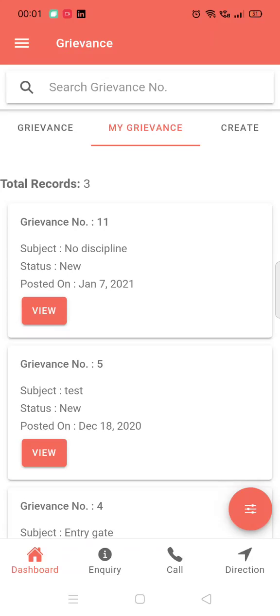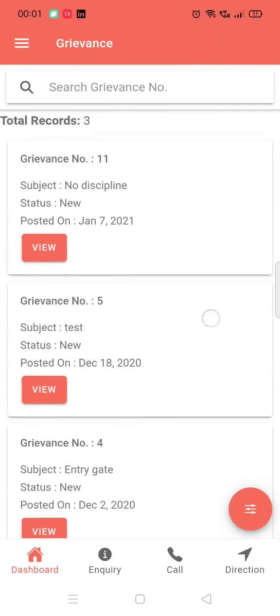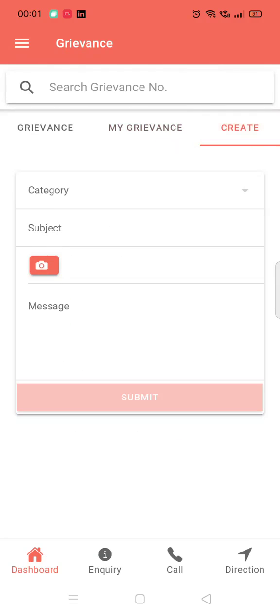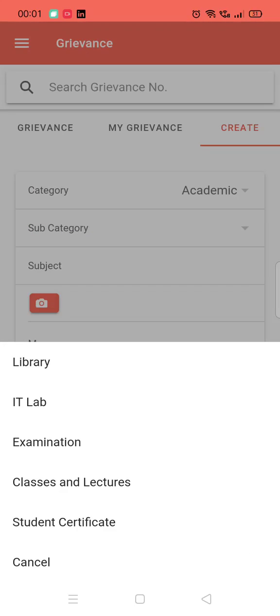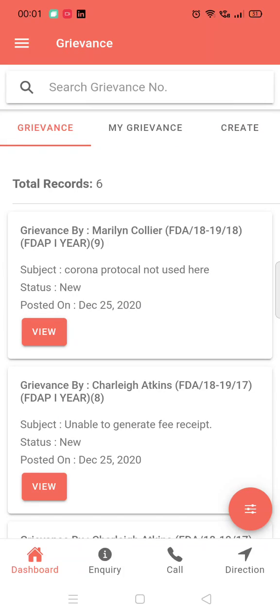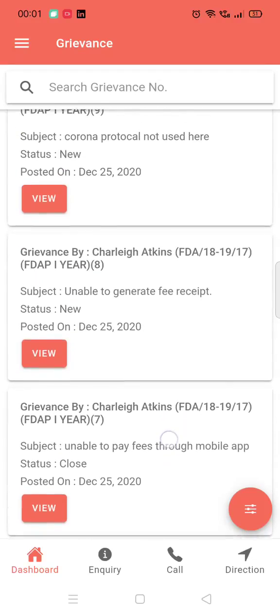Grievance is divided into three parts. My grievance, wherein previous grievances submitted by the user can be seen. Create. A new grievance can be created over here and submitted for further pursuit. And grievance. The grievance tab would be showing list of grievances